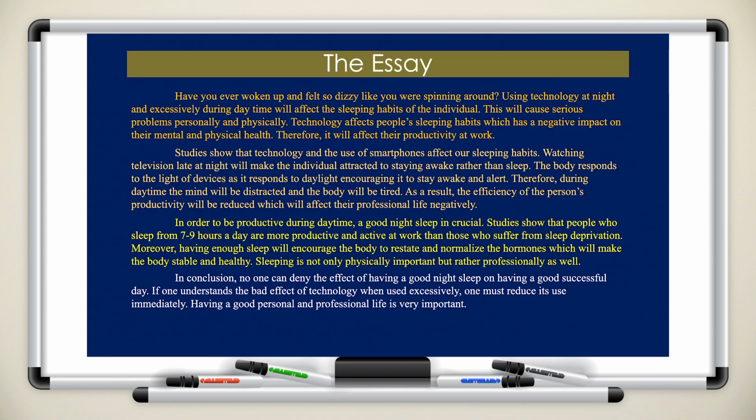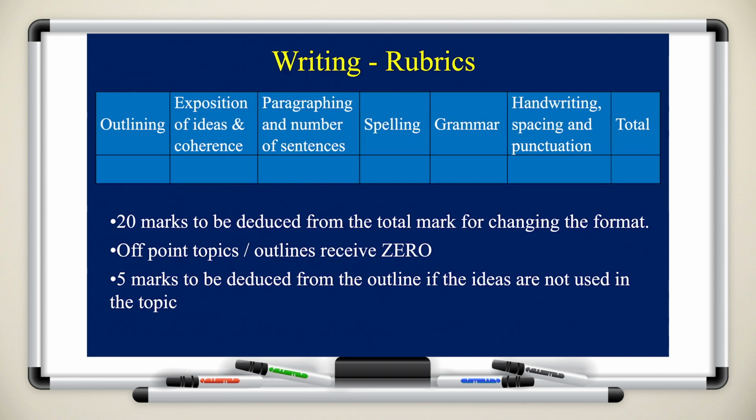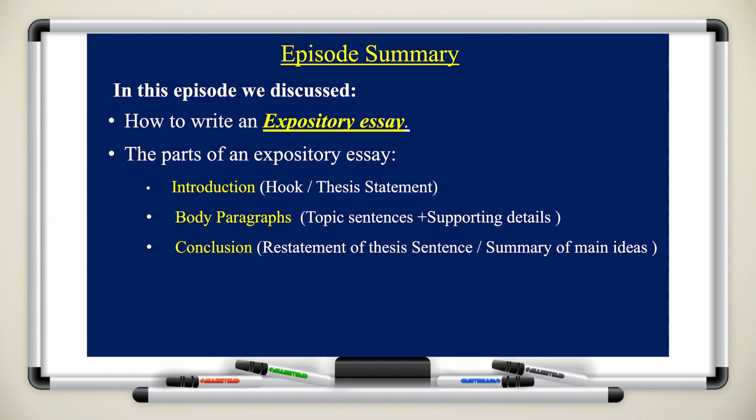Okay? So this is how your essay should look like: 4 separate paragraphs, and each paragraph corresponds to the paragraph before it. You will be graded according to the outlining, exposition of ideas, paragraphing, spelling, grammar, handwriting. Okay? Make your handwriting legible. Okay? In today's episode, we learned how to write expository writing and the parts of an expository writing: the introduction, the body,